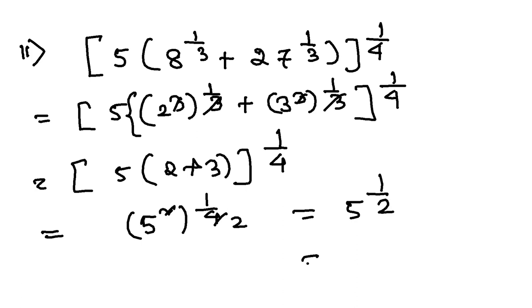I can also write this answer as root over 5, writing in radical form, right? This is the exponential form, this is the radical form, both are correct. You can stop here also, no issues. All right, so that brings the end of 12.2. In the next video I shall be covering the next chapter.